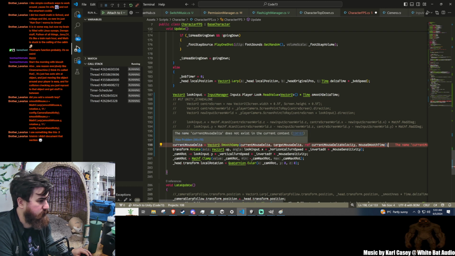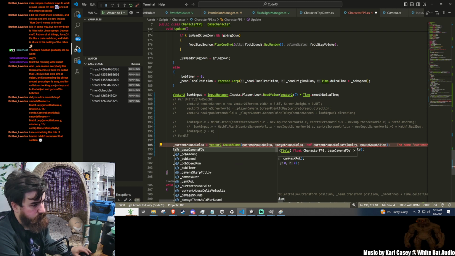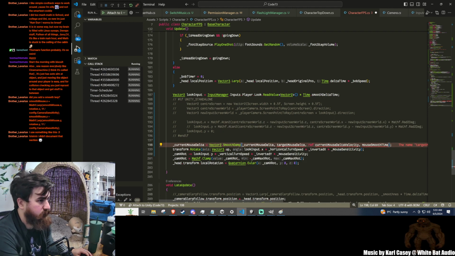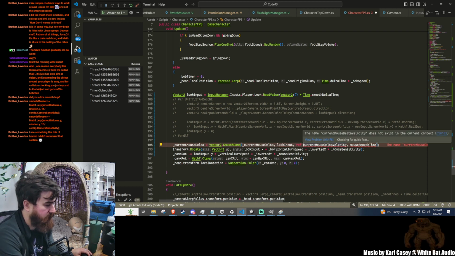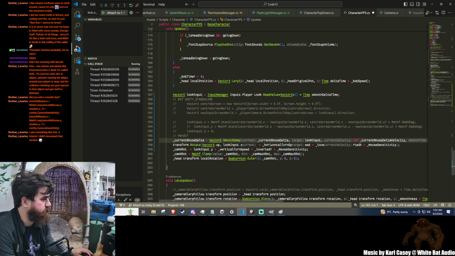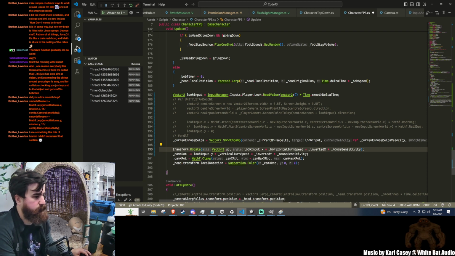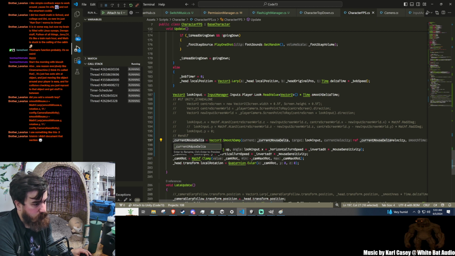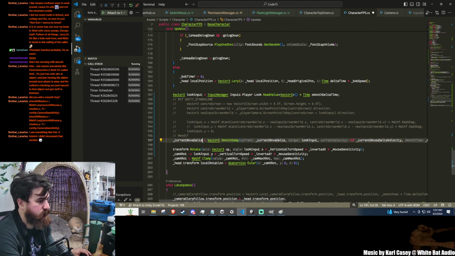So this is actually this. And then I think the rest I have as just underscore values. I should actually rename this to be more like current move delta. Because again, it should be actually usable on